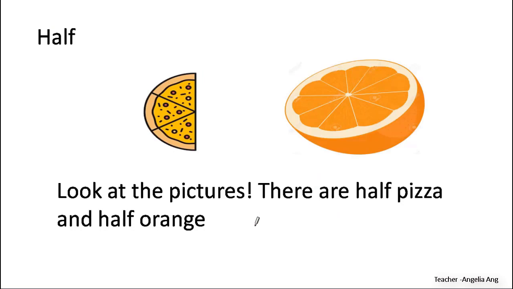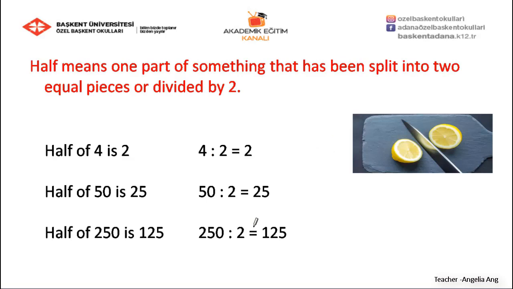Half. Look at the pictures. There are half pizza and half orange. Half means one part of something that has been split into 2 equal pieces or divided by 2. Half of 4 is 2, half of 50 is 25, half of 250 is 125. Or in another way, we can say